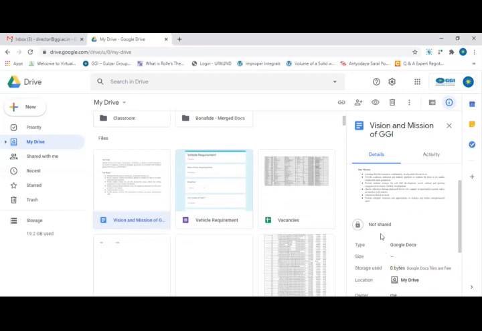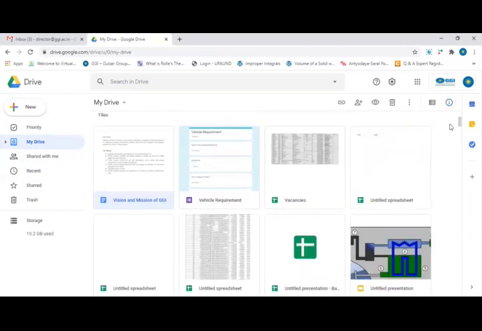So it is always recommended that we use the Google Doc in place of MS Office Word, Google Sheet in place of Excel, and Google Slides in place of MS Office PPTs. So by clicking on the I icon, we can see the information about our files, the details as well as activities.